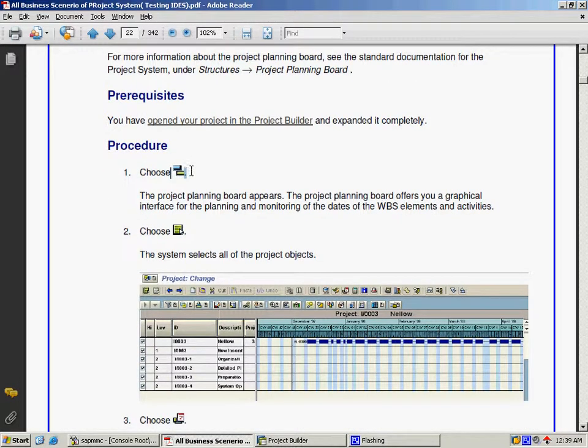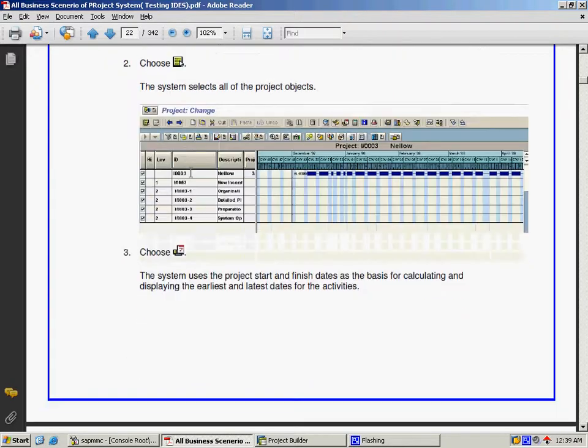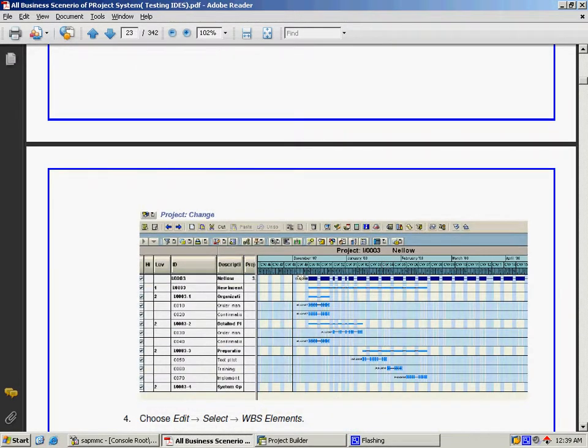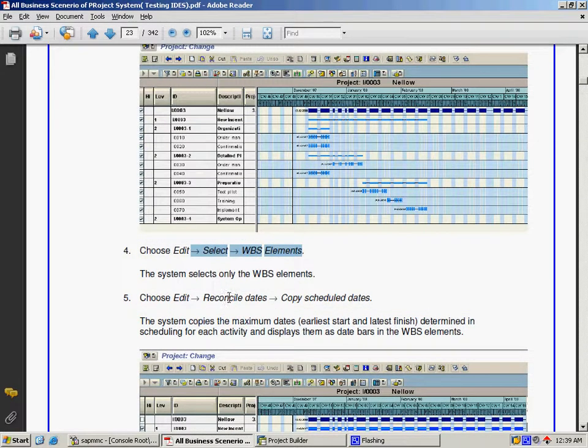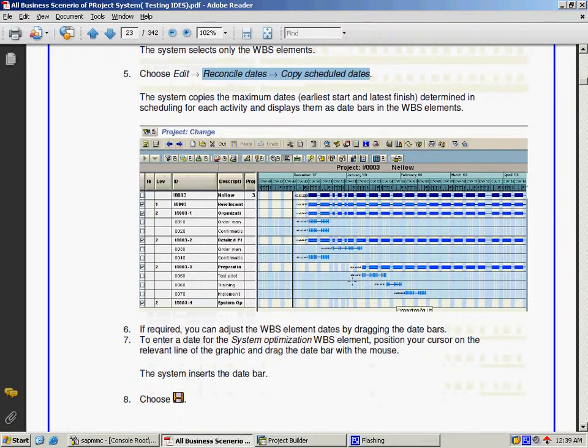Here you can see they have mentioned everything. They're asking us to open the project planning board, select all the WBS elements and schedule them, and to extrapolate the dates by using the reconcile dates copy scheduled function to the WBS elements. It's very simple. Scheduling means we will plan which activity needs to be done on which date.